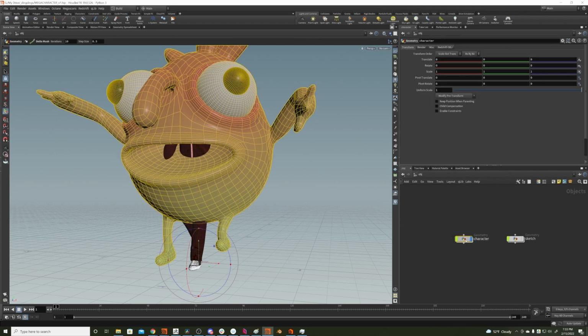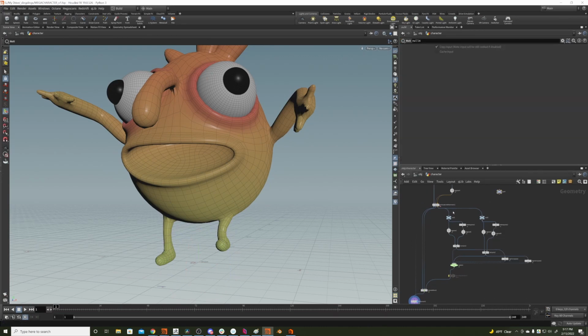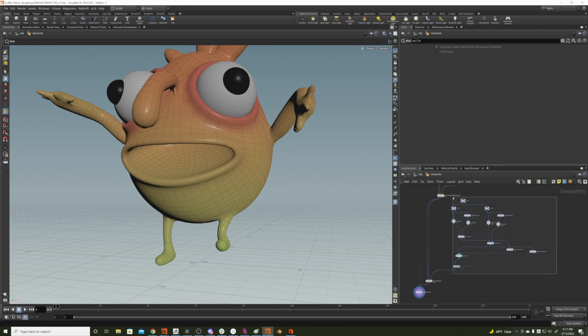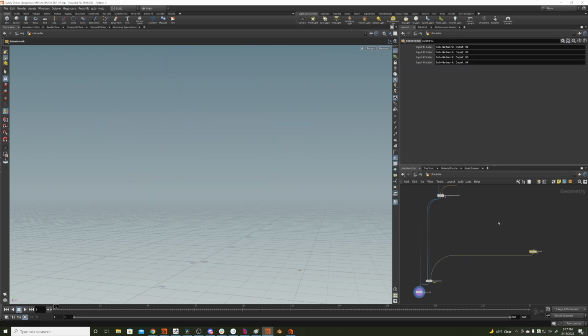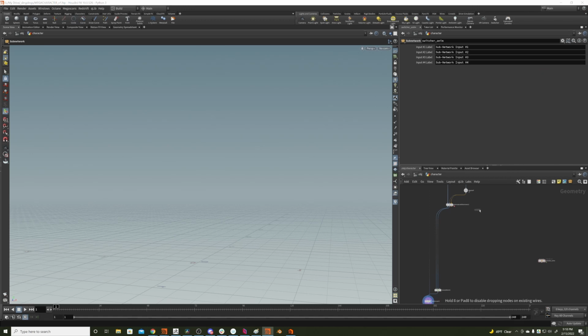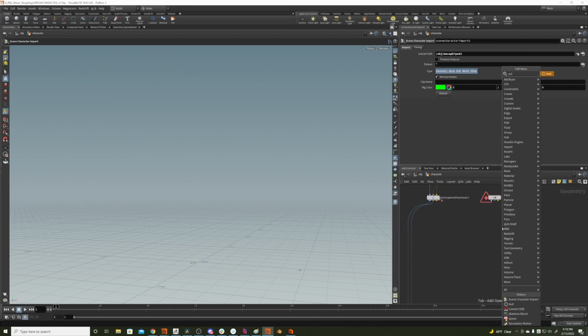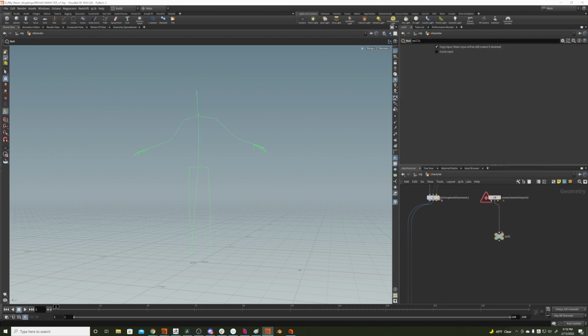completely different proportions. So to bring that animation in, the first thing I'll do is clean this up a little bit. I will package all this stuff into a subnet so that we don't have to have it taking up space here, and I'll call it switcher anim, since we were doing the animation with the little switcher there. And then I will do a scene character import. That's what we want. So what I want to do here is just grab the subnet path of the mocap biped, and then all I need to do is just grab that third input where we have the animated pose,